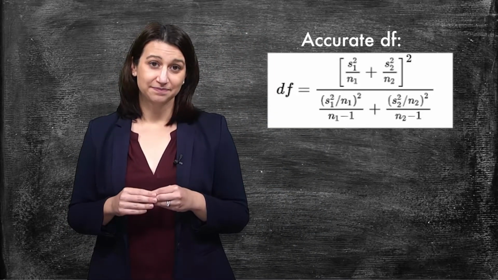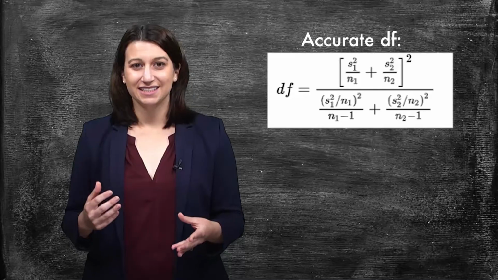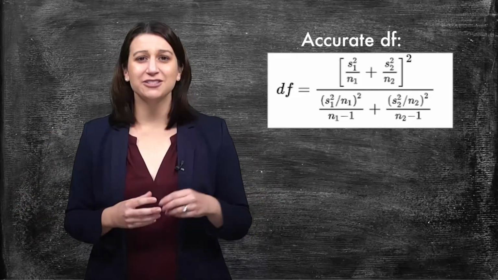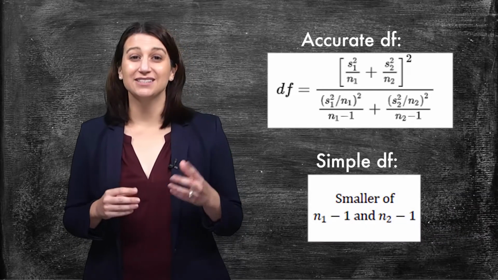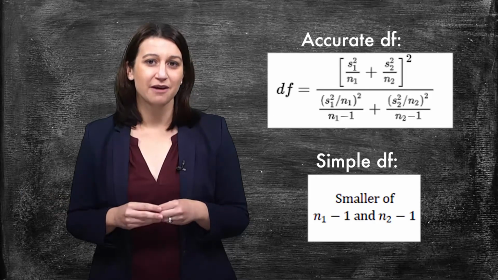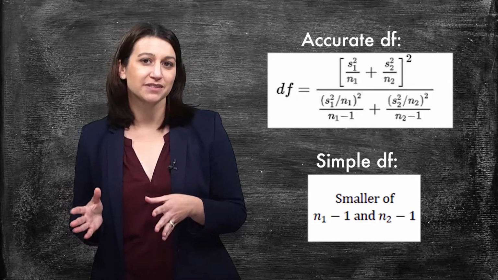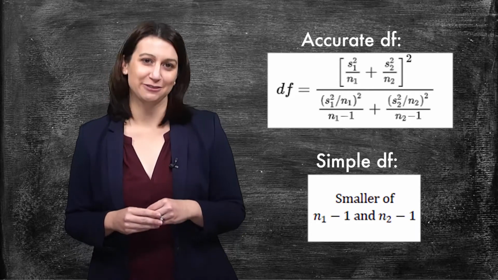For our independent t-test, the calculation for the degrees of freedom is actually a bit more complicated. The formula is displayed here. When you calculate your t-statistic with technology, it will provide you with the degrees of freedom achieved with this formula. However, if you are doing the test on paper, you can use a simpler rule of thumb, which is to take the smaller sample size minus 1 to estimate the degrees of freedom. These two degrees of freedom calculations will most of the time be different, but the value achieved with technology is always the more accurate one.